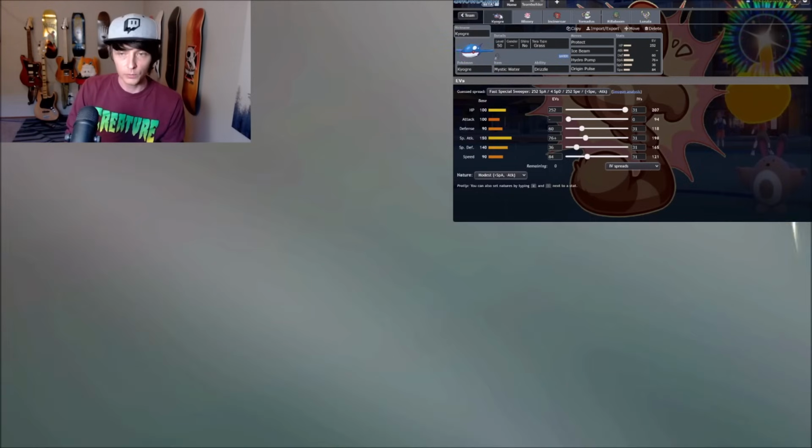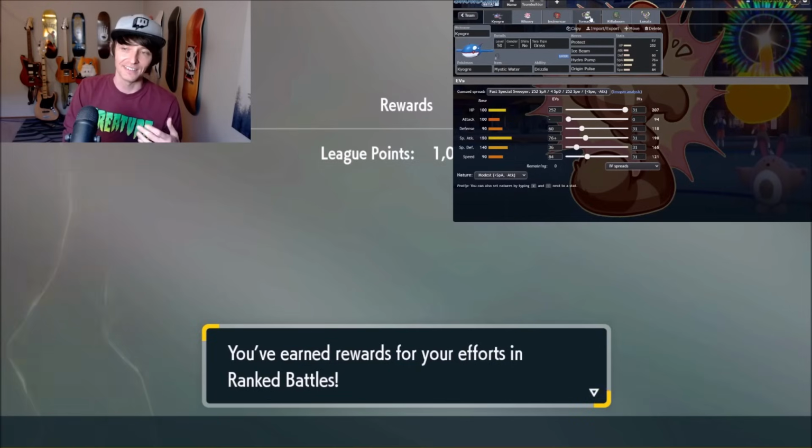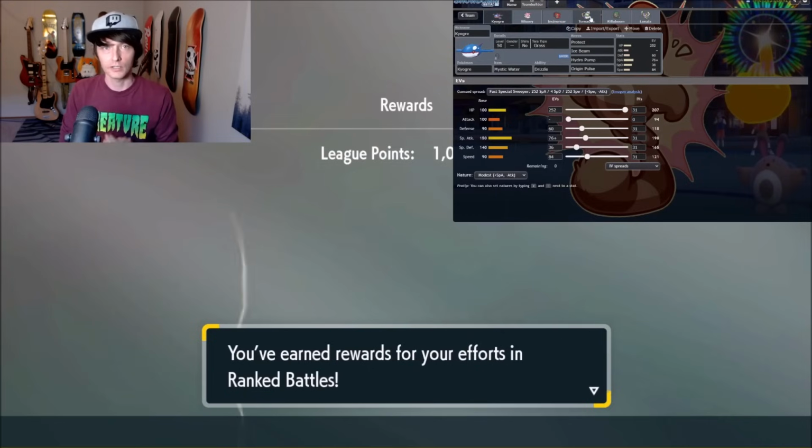My Kyogre has massive AoE, and we know you have to have Scarf Chi-Yu. Your Shadow Rider's probably not sashed. You don't have any defensive pivots, and we're just going to fold you over. So pretty good play. It's obviously a pretty fast game, but you guys can do the same